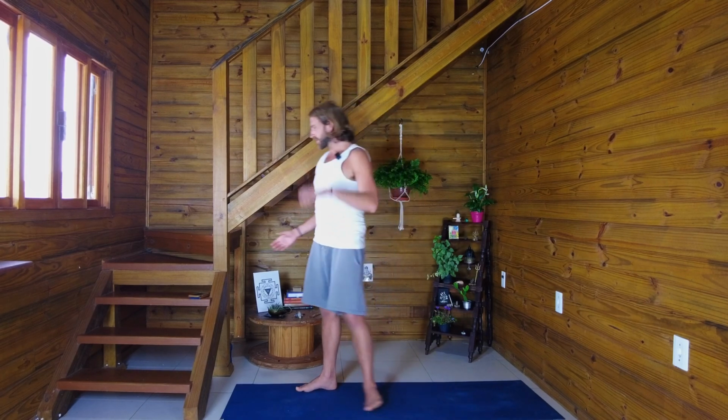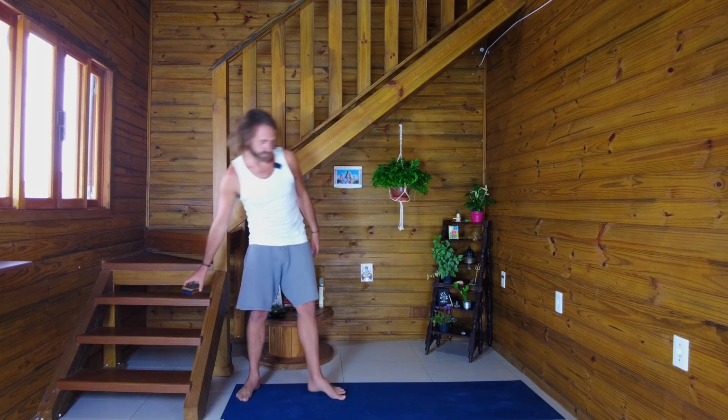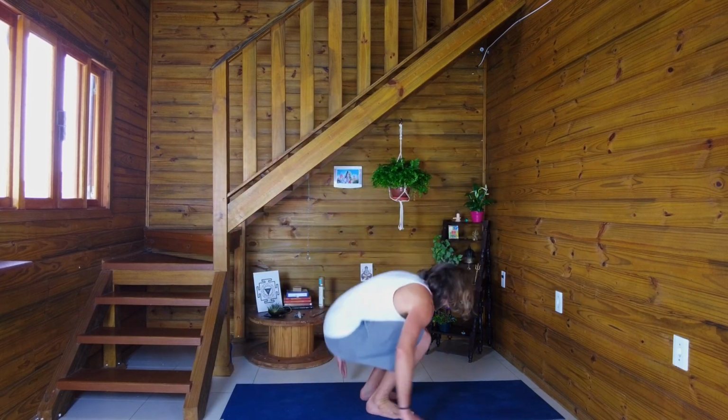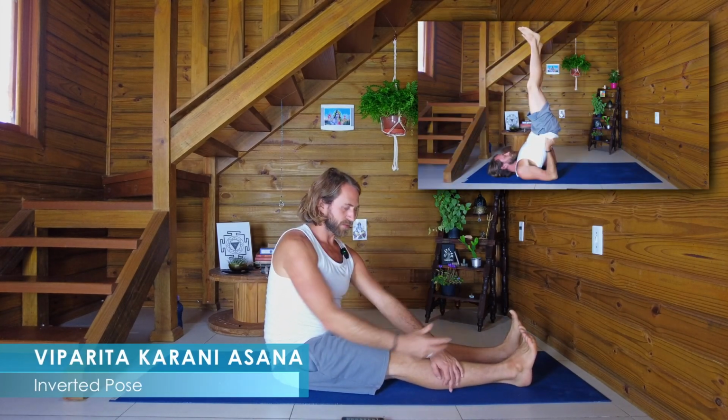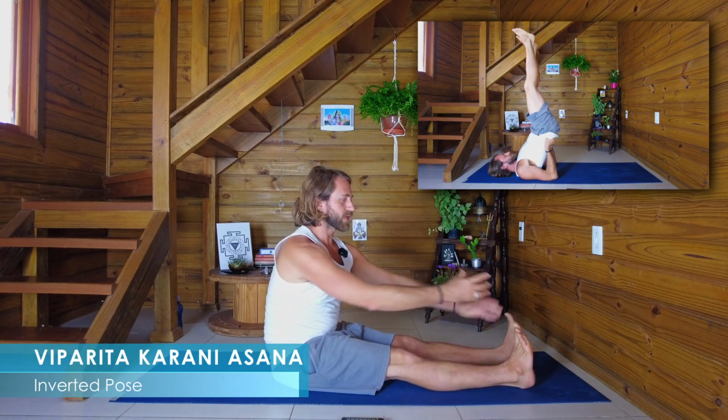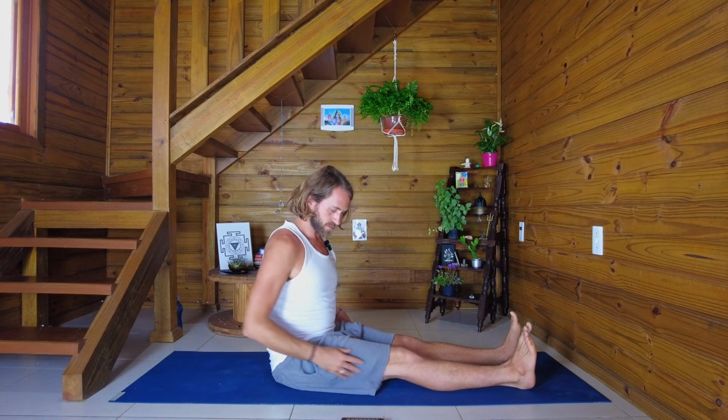We're going to do Viparita Karani. So make your way down to the mat. Viparita Karani, otherwise known as the inverted posture, is an inverted pose where the legs are up and we're allowing the energy to descend down the body and collect in the throat center and the upper chakras. So again, we're visualizing energy coming in through the feet, all the way up the body and to the upper